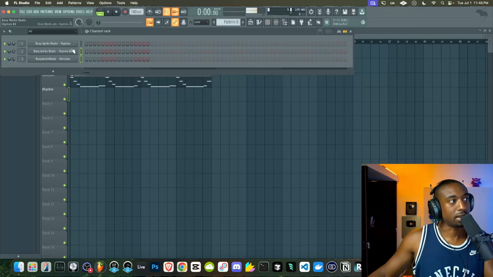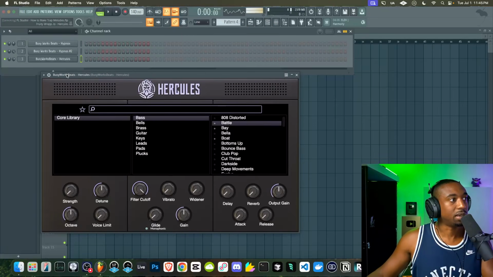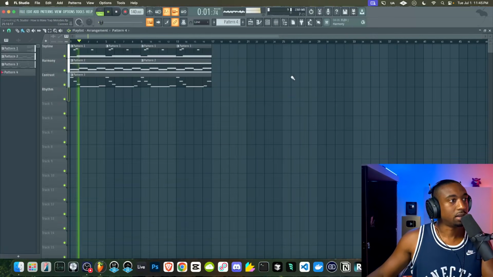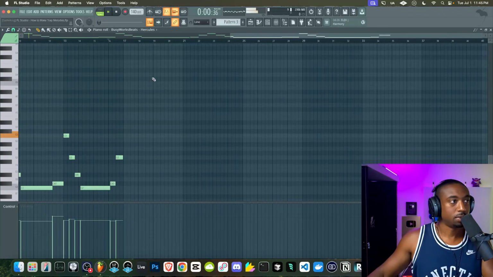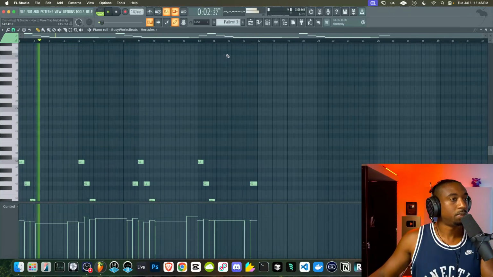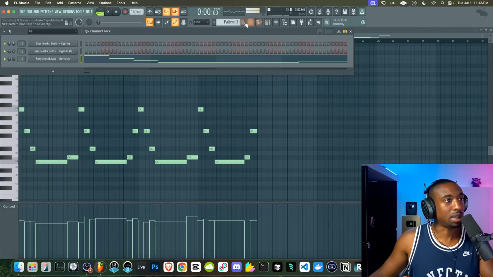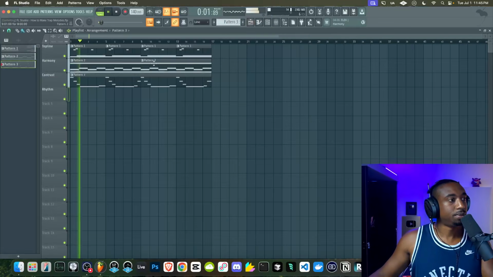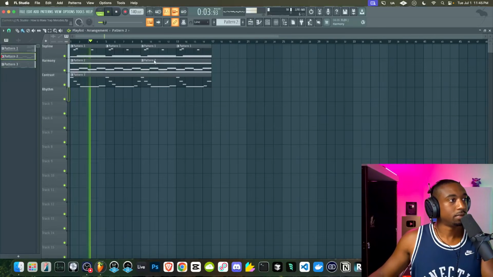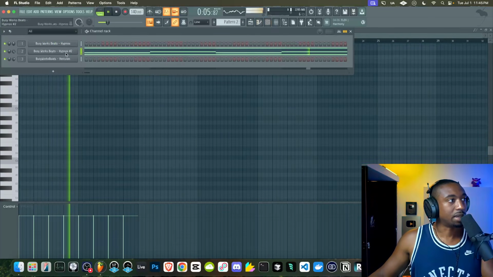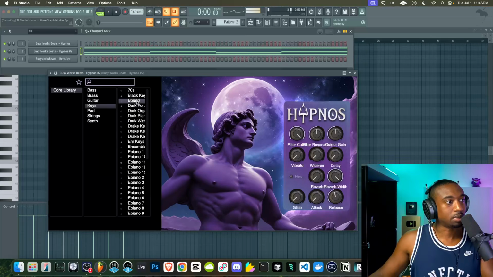Okay, we can also go back and change out the sounds. I like the bass. Let's see what happens if I drop this down an octave. So again, like I said, I like my bass to where it sounds melodic. Let's go back to this chord sound and try different sounds here.